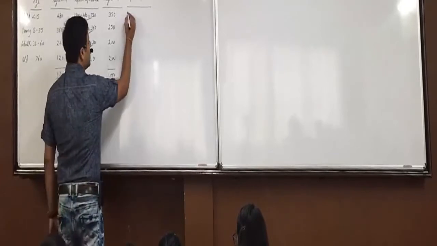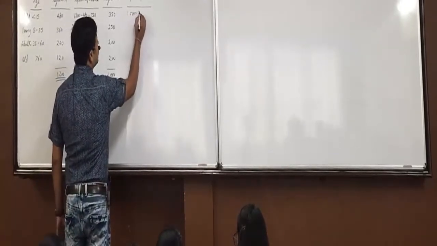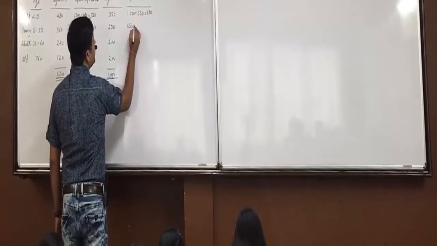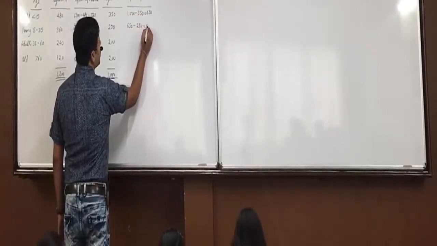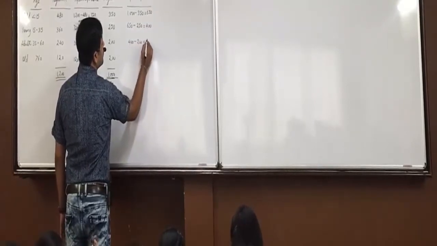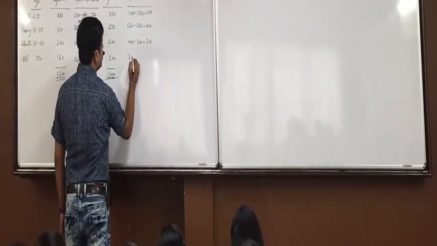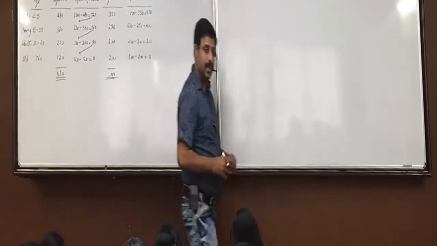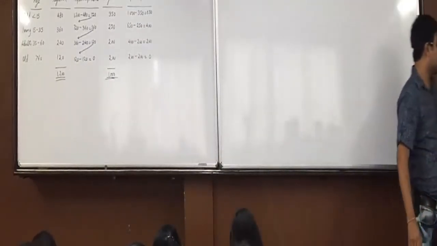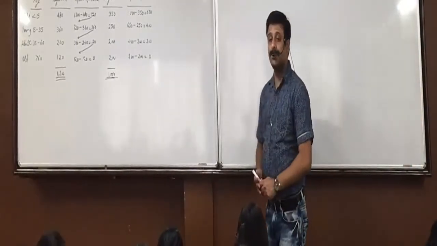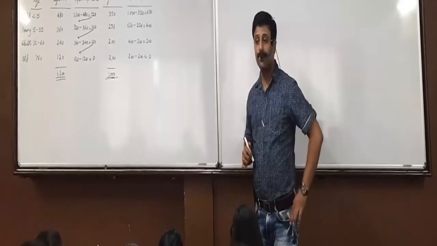Now here we will do 1000 minus 350 is 650. Then 650 minus 250 is 400. 400 minus 200 is 200. And 200 minus 200 is 0. Are you all clear with this? Who all could get this correct? Who is not clear with any part in the workings? Who is still doing it?